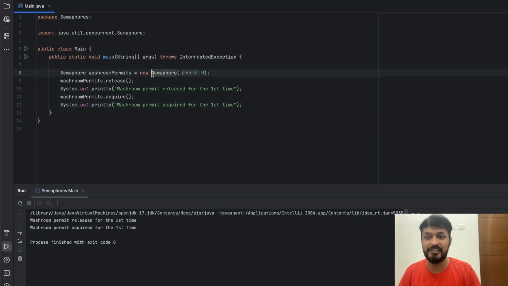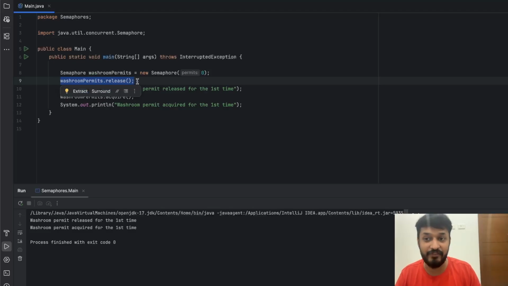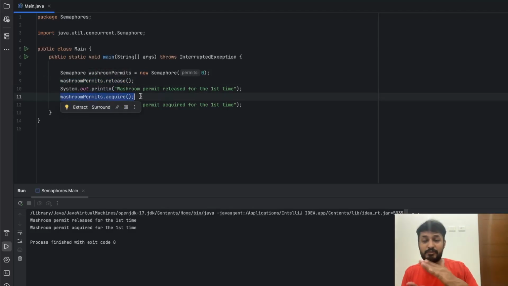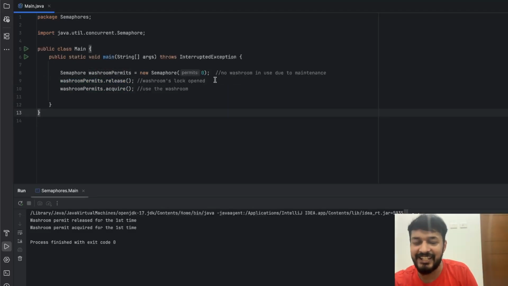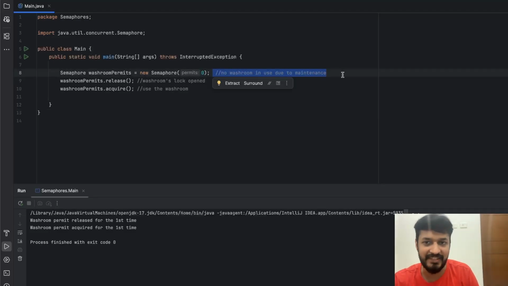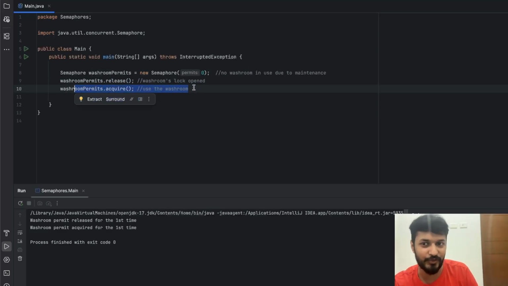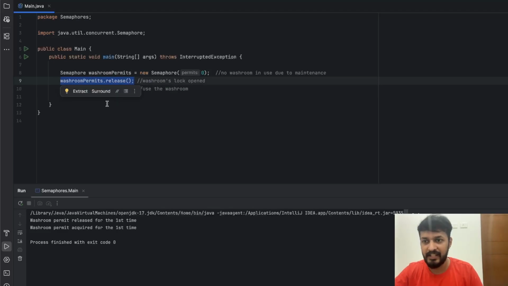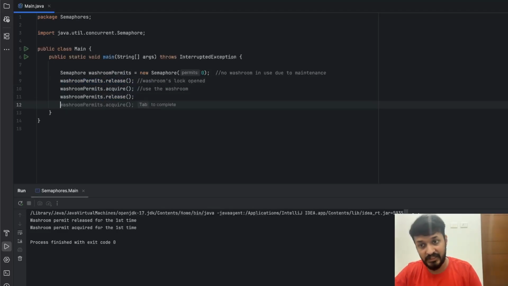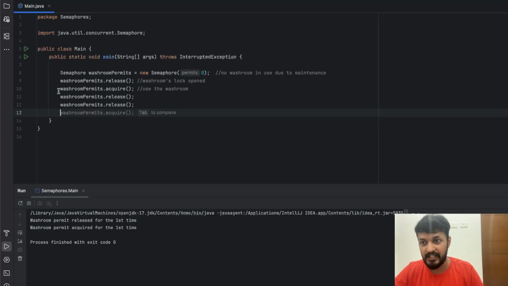So even if our Semaphore initially had 0 permits, we can release it first instead of acquiring it, and you can create a space to acquire. So in reality, it's like a washroom which was not in use or locked due to maintenance work going on inside it. But as soon as it got ready, the washroom's lock was opened and now you are allowed to use that particular washroom. So if there was a second washroom which was in maintenance, you can go ahead and release that. If there was a third washroom, you can go ahead and release the lock, and now it is possible to acquire the lock for